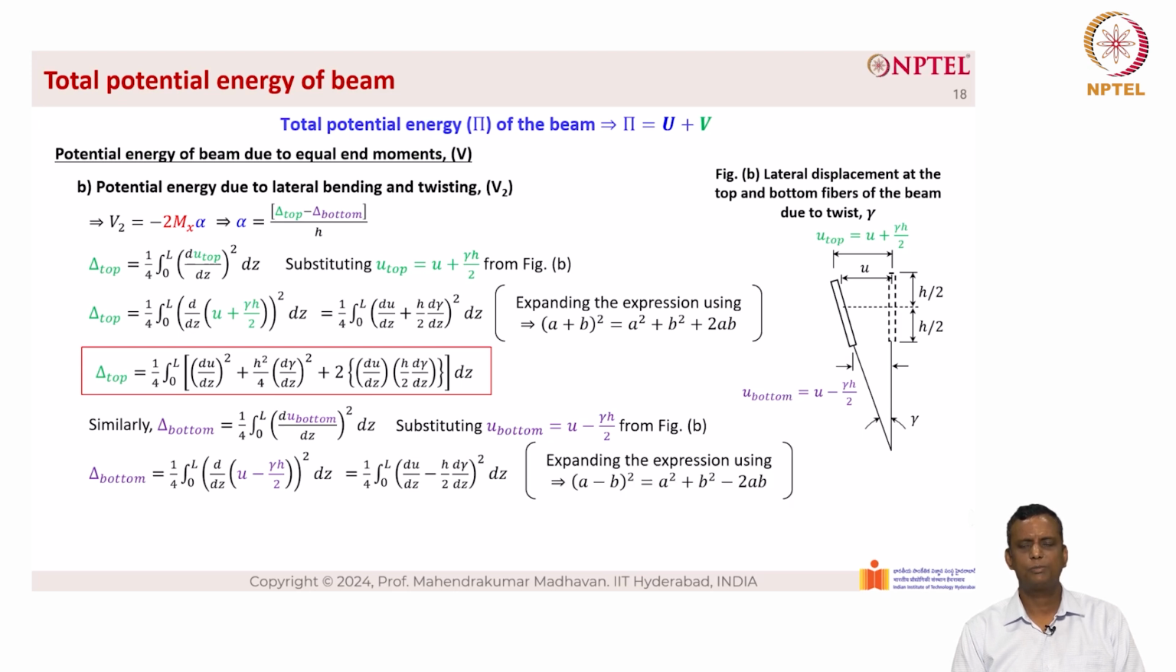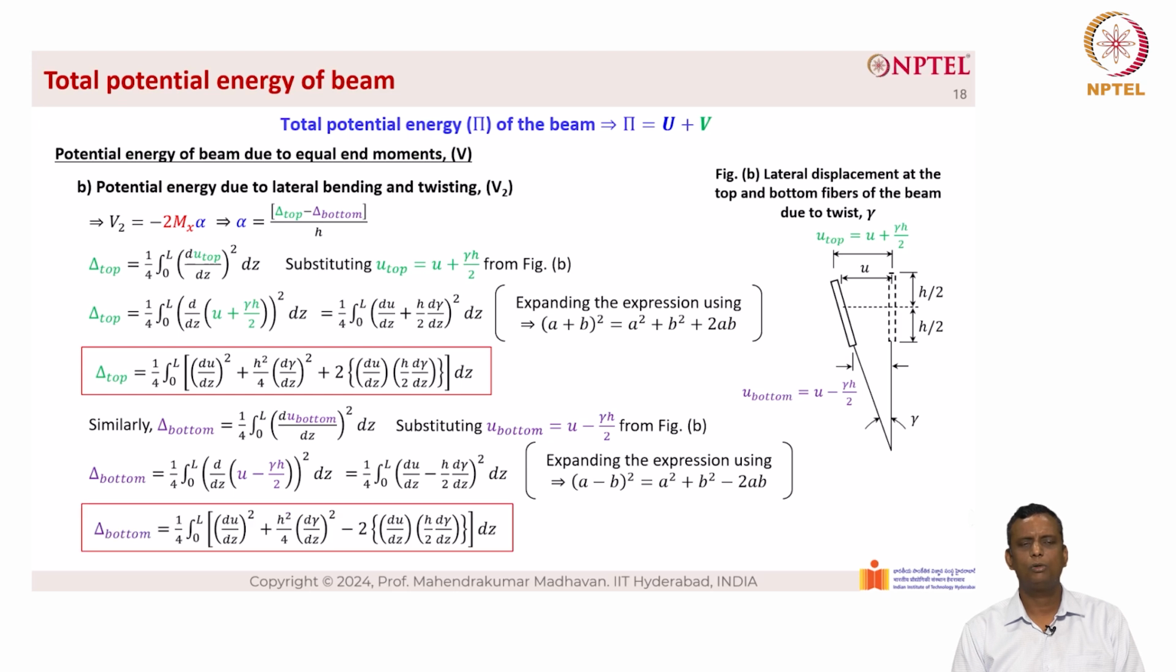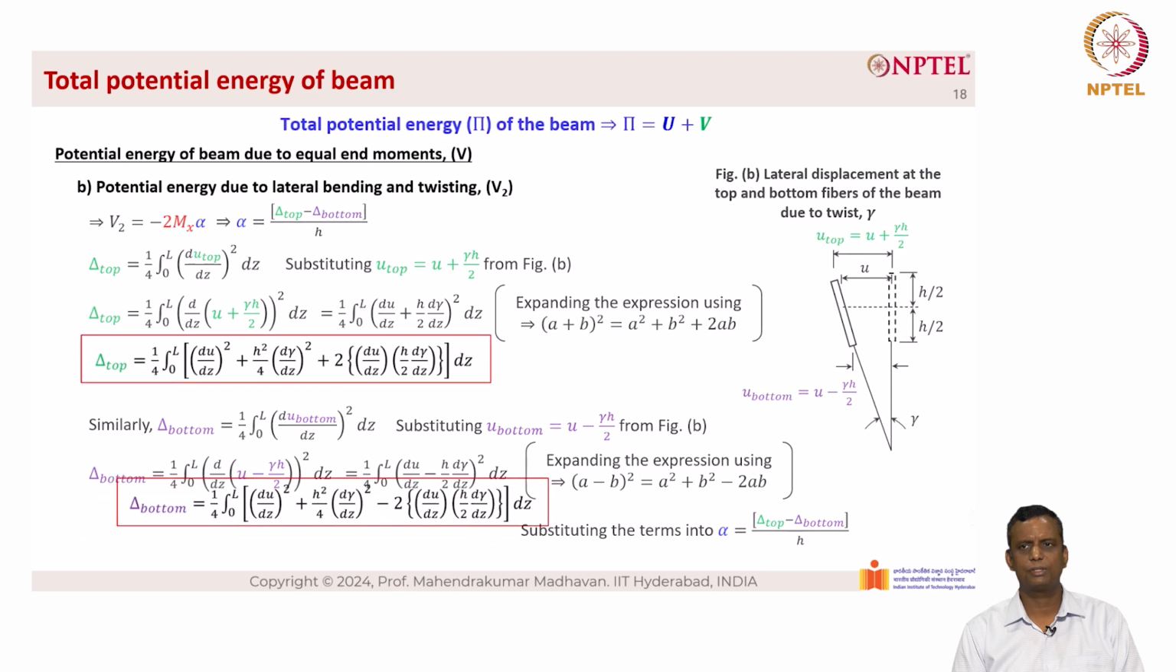Here it is: (a minus b) the whole square equals a square plus b square minus 2ab. We get delta bottom equal to 1 by 4 into integral 0 to L of (du by dz) the whole square plus h square by 4 into (d gamma by dz) the whole square minus 2 into du by dz into h by 2 into d gamma by dz, bracket close, into dz. Now substituting the terms in alpha equal to delta top minus delta bottom by h,